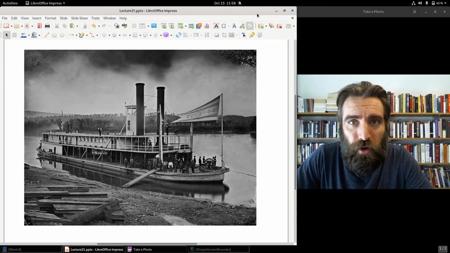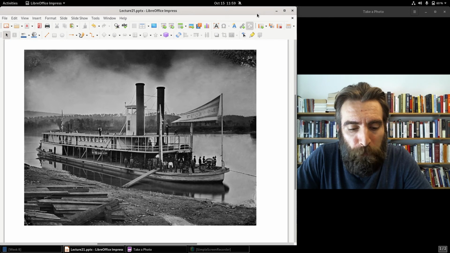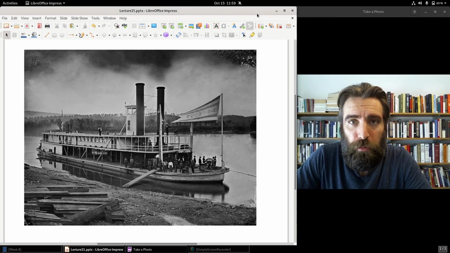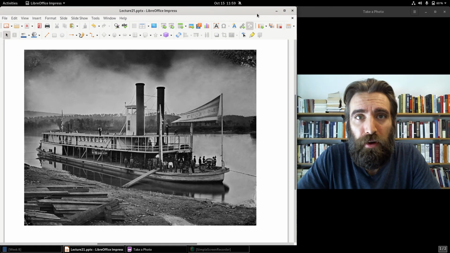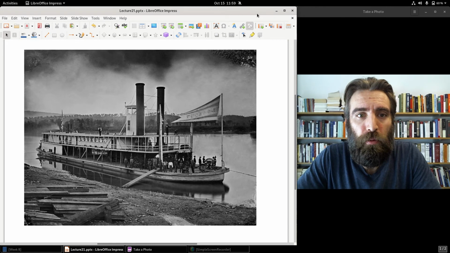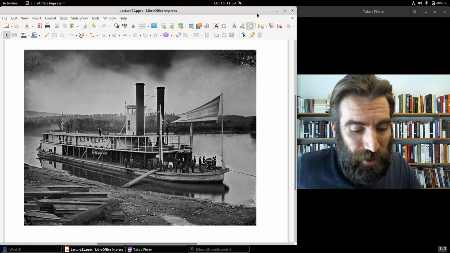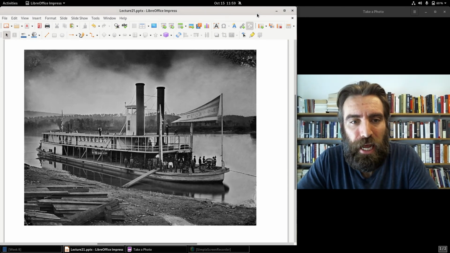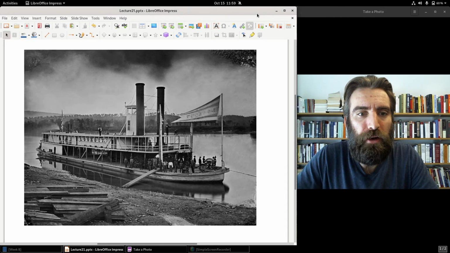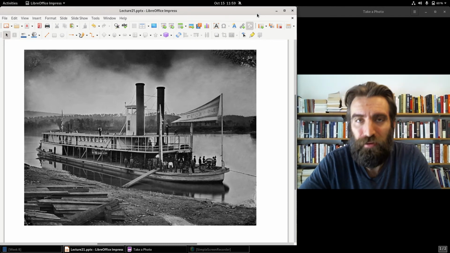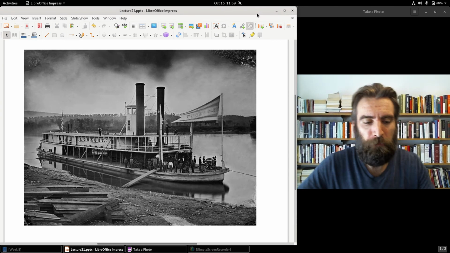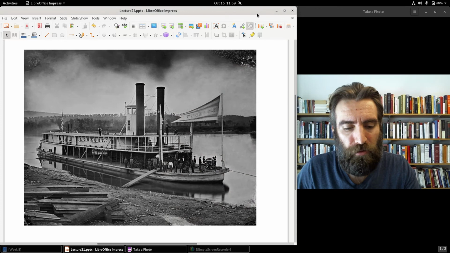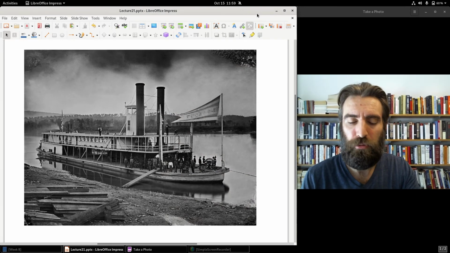The first steamship traveled across the Atlantic Ocean and shortened the trip across the Atlantic. Prior to the steamship, it took a month and a half to go across the Atlantic Ocean. With the invention of the steamship, it took only 6 days. 10 days. I got that wrong. 10 days to get from one end of the Atlantic to another. Now, from our perspective in the 21st century, 10 days is a very long time, but it's not a month and a half. And so that was quite a remarkable development.